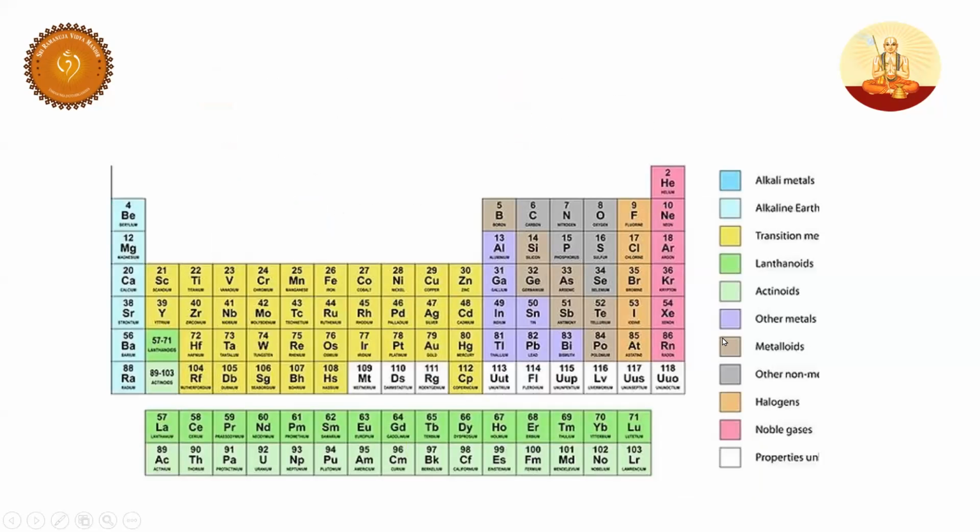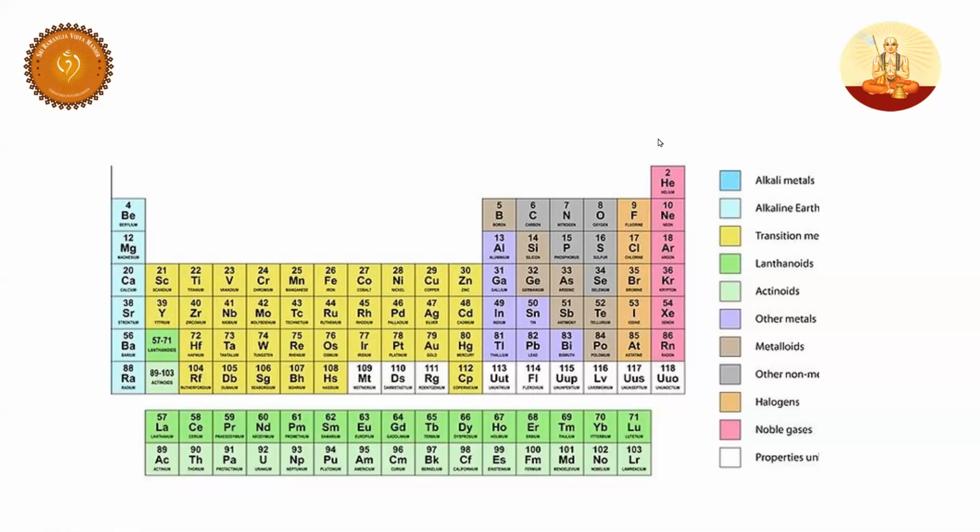Let's have a journey again. Alkali metals, you know very well: lithium, sodium, potassium. Alkaline earths, you know: beryllium, magnesium, calcium, strontium, barium. Next, transition metals, you know very well: 3d, 4d, and 5d. And this is F block elements. You already have a chapter named D and F block, which you are going to study very extensively. Next, our concentration is on the P block elements. The P block is very interesting. Why? I'm going to explain.